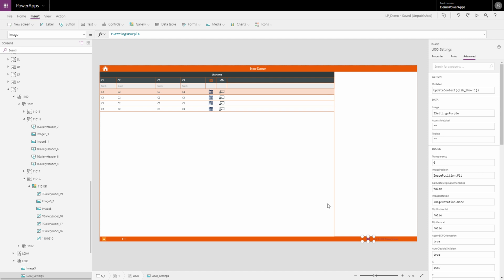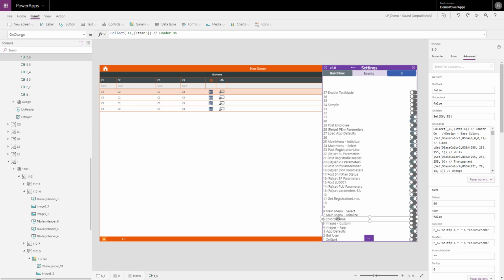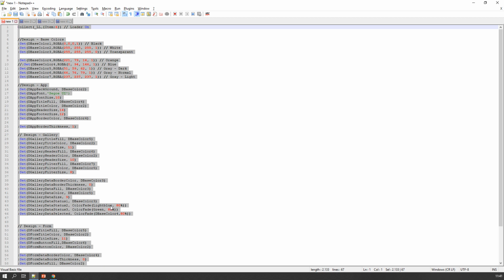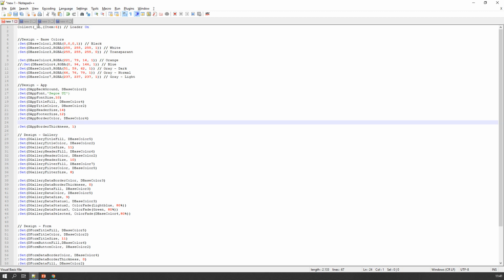So first let's go to the base colors. What I have made is an app for the color scheme with a simple sequence of formulas. Let's go to Notepad to show you how this is built, because I use Notepad a lot for this kind of modification, because it's easier. And when you do that, you have to set the language setting to Visual Basic, and then you get this nicely formatted